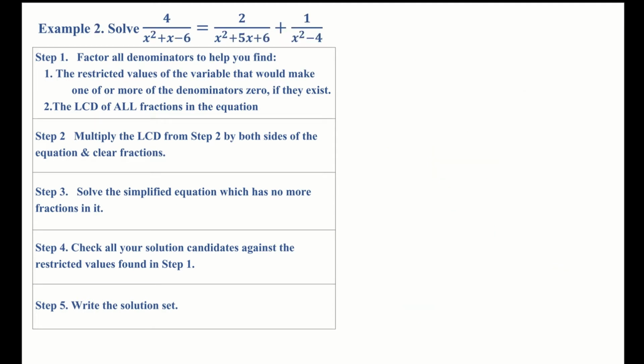Here we have another problem. It looks a little bit more involved, but nothing changes in the types of things we're going to do. So here the denominators are more complex, so we can factor them. So that's exactly the first thing we'll do. We'll go ahead and factor all the denominators since they're factorable and see where that takes us. So we end up with 4 over x plus 3 times x minus 2 equals,